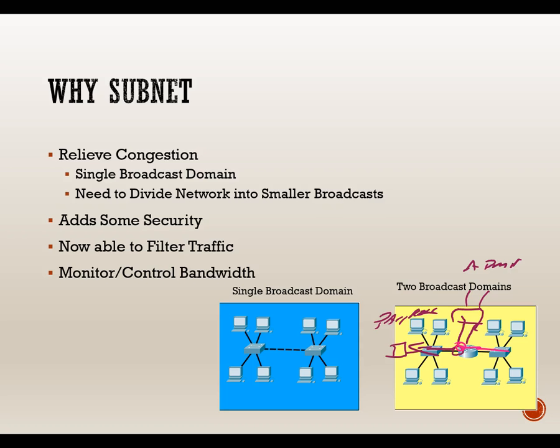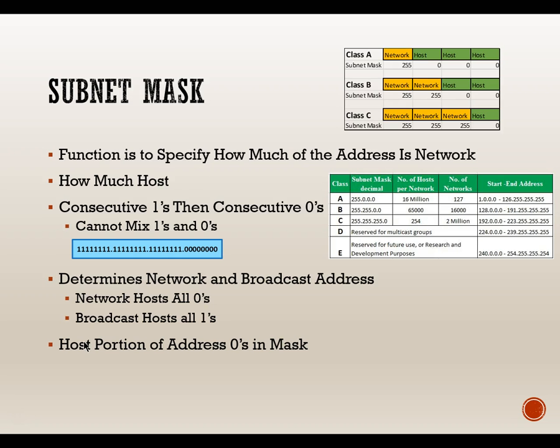So we can filter and we can monitor and control bandwidth. When we get to quality of service, we'll learn how to assign a certain bandwidth or higher amounts of bandwidth to certain machines. So the subnet mask, and we've talked about that a little bit, the subnet mask tells us,